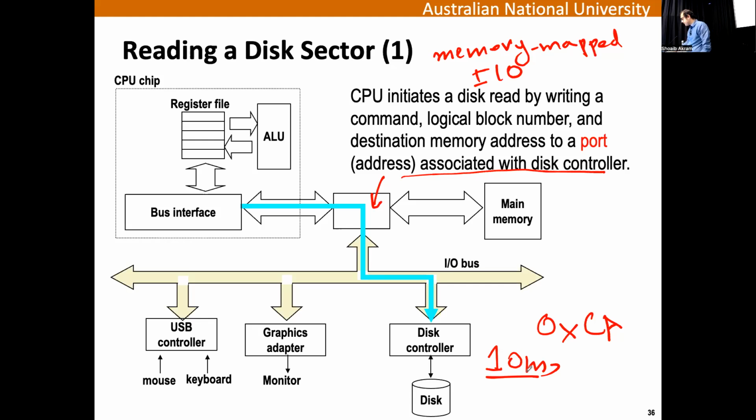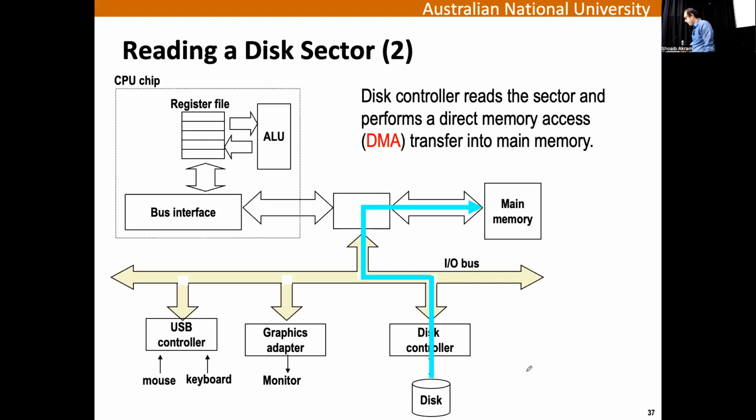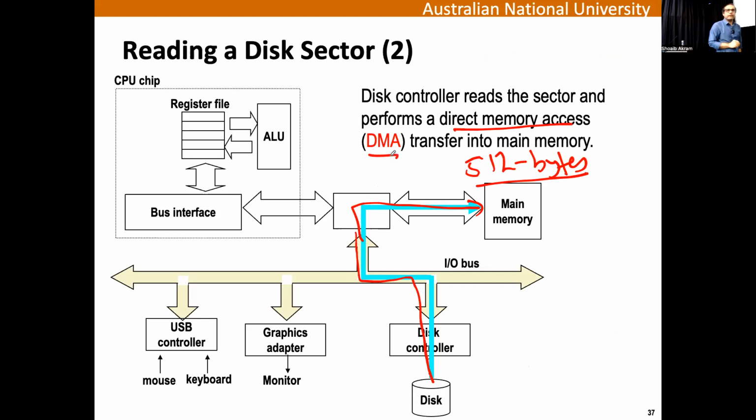So what happens is that the disk controller, using this channel, places the sector, 512 bytes, in memory. And this is called direct memory access, or DMA. This is a DMA transfer. The CPU is not involved. After sending the commands on the I/O port, which is a special address that can be accessed using normal instructions,